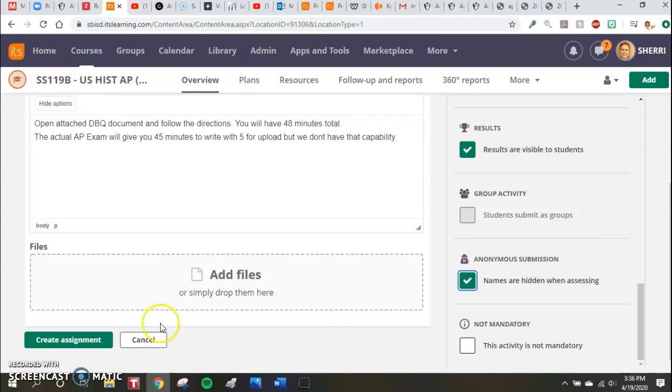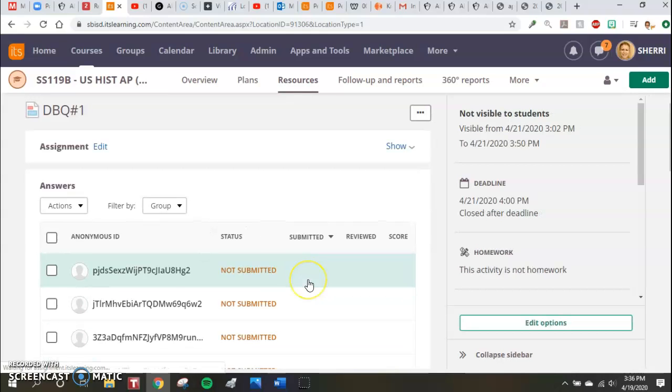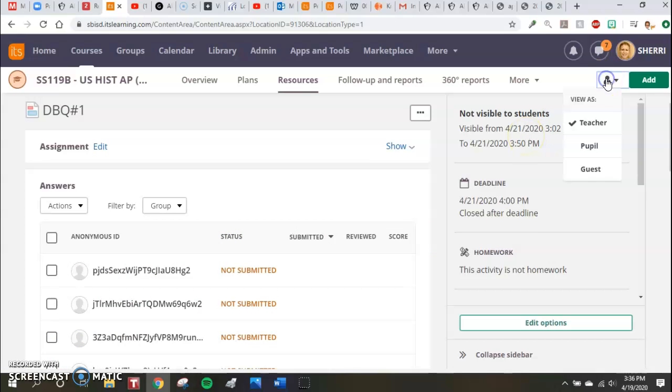So then we go down to create assignment. And yes, I just put it on my calendar, but I can go and get rid of it. So all the kids have gone anonymous now. It's not visible to students yet. And if you go into pupil,